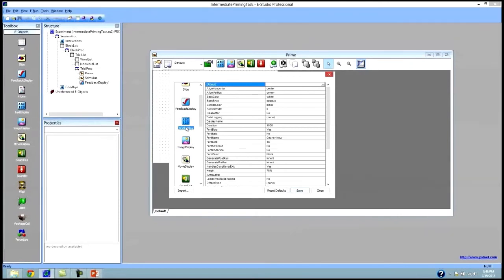the text of a text display object from a font of Courier New to a font of, let's say, Arial Unicode. If I make this change every time, then that starts to get very old and very monotonous, tedious, and time-consuming. However, if you change it using Toolbox Defaults, every time you create a new object in ePrime of that type, so every time I create a text display object in this instance, it's going to actually present a default font